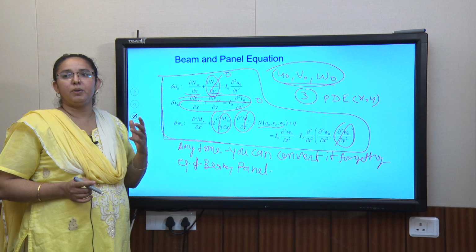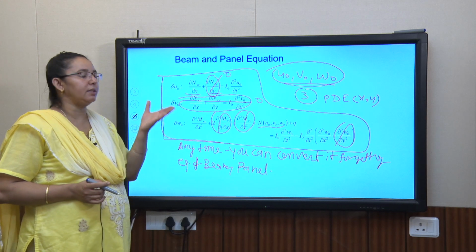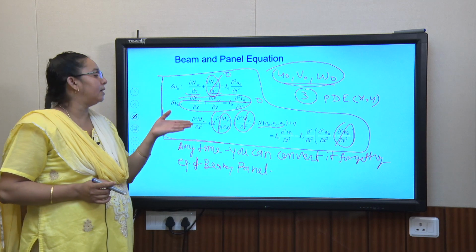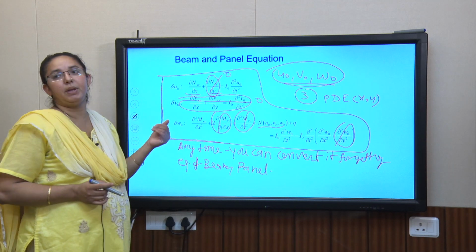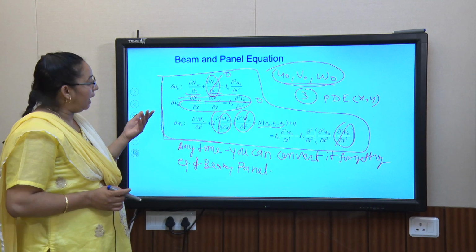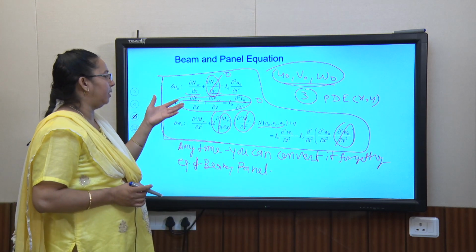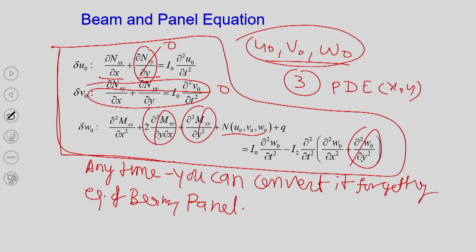Suppose in future you develop a set of partial differential equations for a shell. So, you can get a special case for a plate and for a beam. Presently we have developed a solution by considering classical laminate theory. Later on we may go for a higher order theory. Then also from higher order theory, by taking some special assumptions, you can come back to CLT.